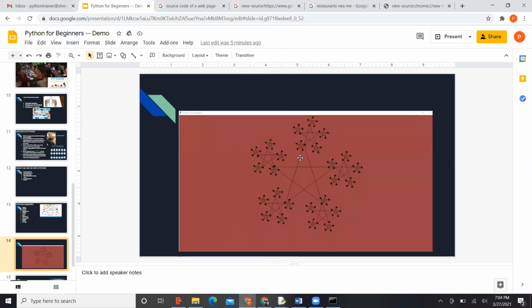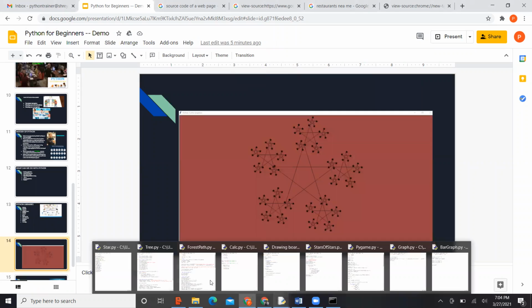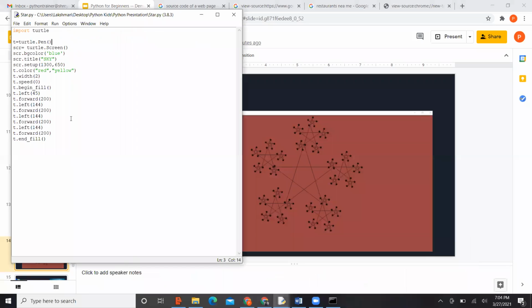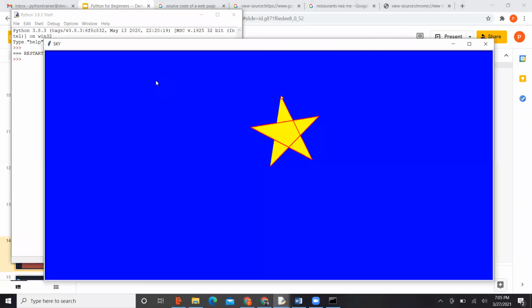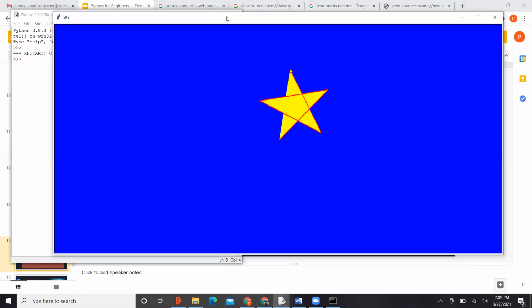And so if you see, this is a big star, and on each edge there is a small star. On that edge there is a small star, and then on that edge there is a small star. So it's like a star of stars. So let's just draw one star first. So yeah, this is one star, right? Now let me try to